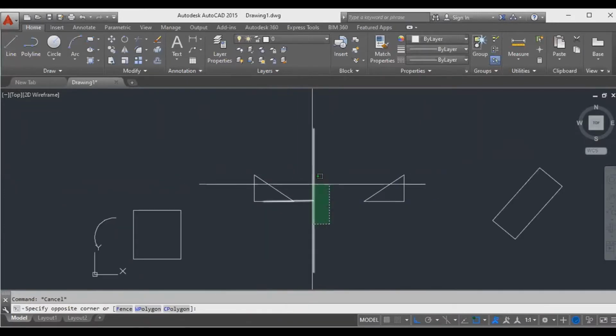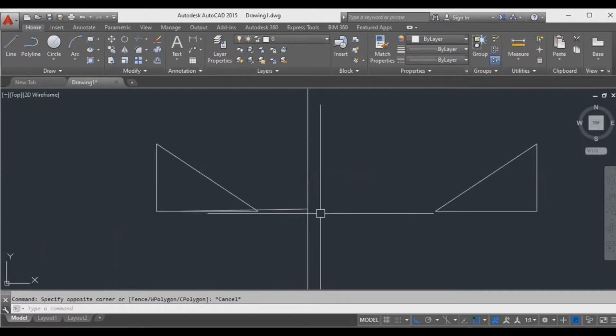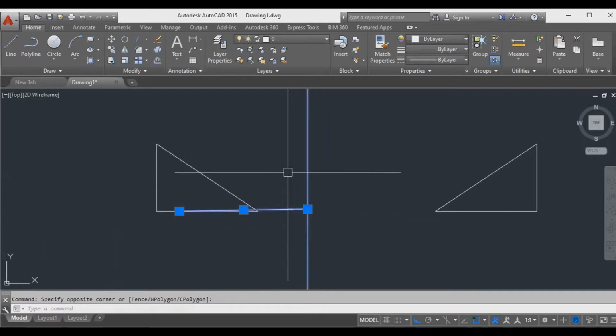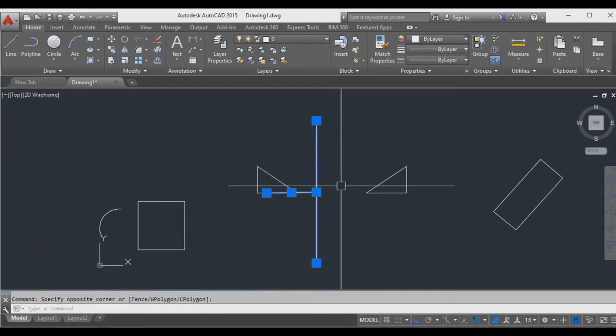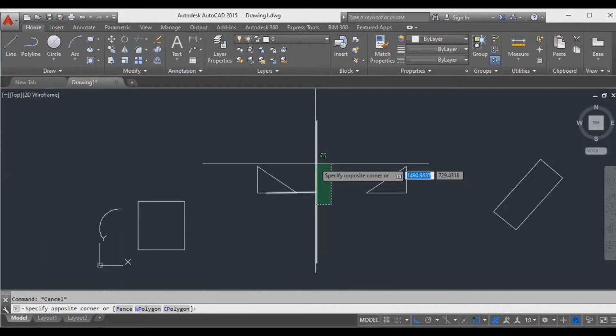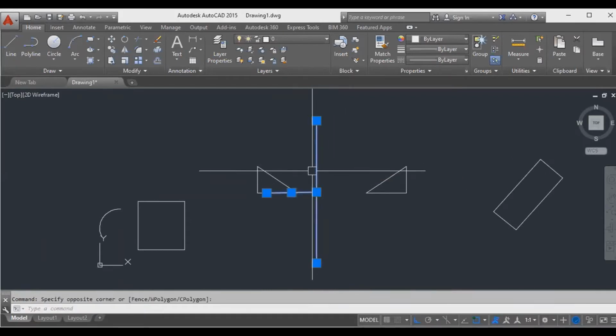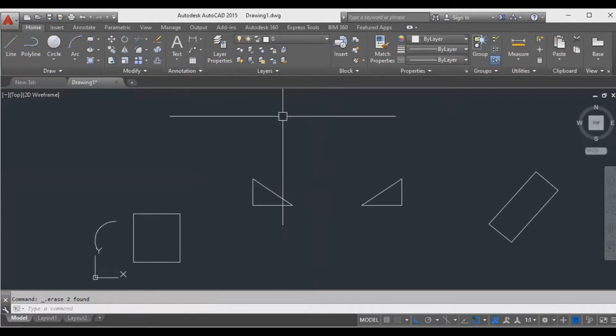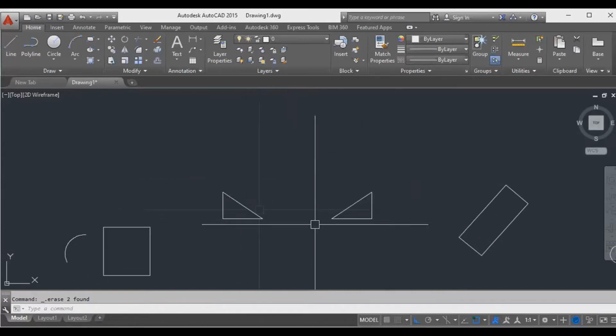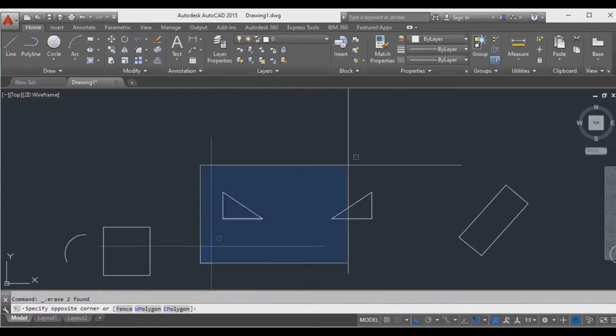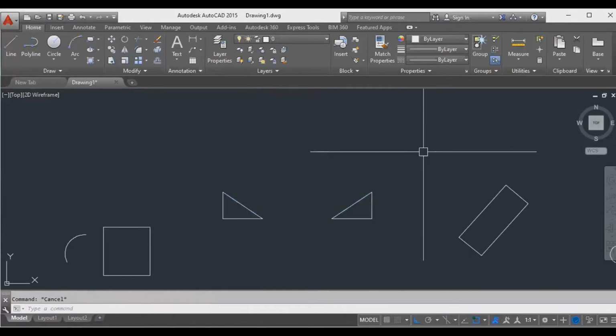Now, in the beginning I explained it together with a line, but now I don't want to use the line. Actually, there will not be a line for mirror. You have to assume or you can take any reference point to mirror it. Now I'm going to mirror these two triangles. I will select these two, escape, MIRROR, enter.